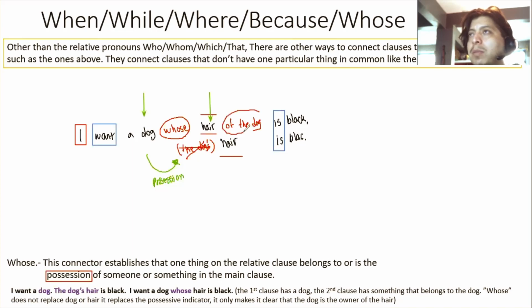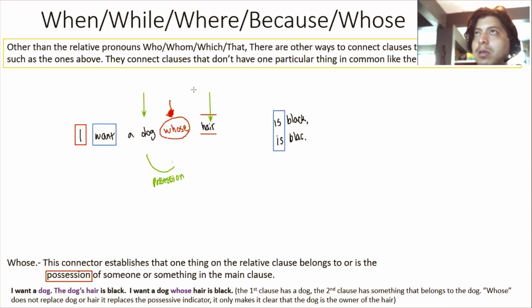Solo necesito que el "whose" ya habla de posesión, entonces ya no necesito establecer la posesión de ninguna otra manera. Tengo que quitar cualquier marcador de posesión. Ya no necesito esto y tampoco esto. ¿Sí? Entonces, ¿qué es lo que estoy diciendo aquí? Lo que estoy diciendo es "I want a dog whose hair